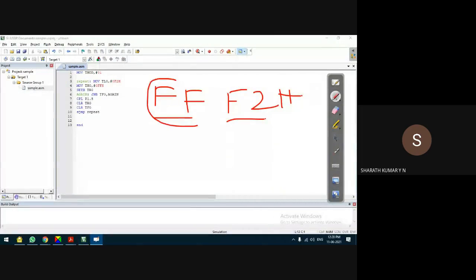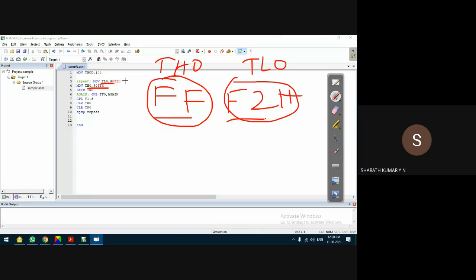So FF is loaded in the upper byte of the timer, that is TH0, and F2 is loaded in the lower byte of the timer, TL0. You can load TH0 first and then TL0, it doesn't matter. Ultimately these values will be loaded into timer 0.